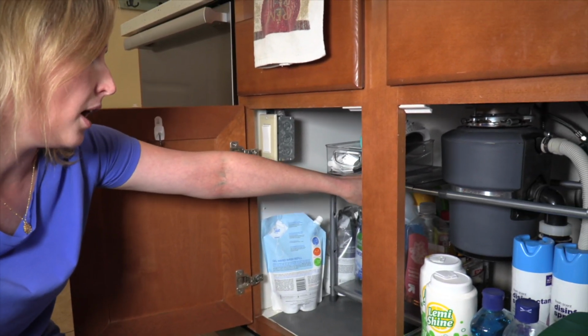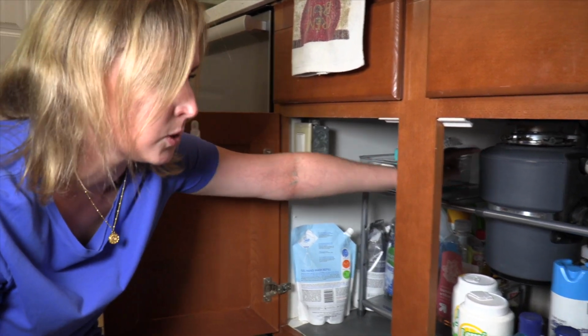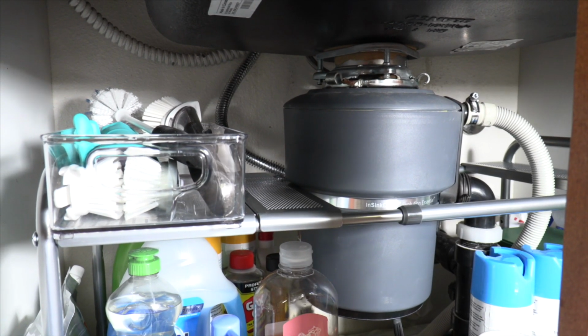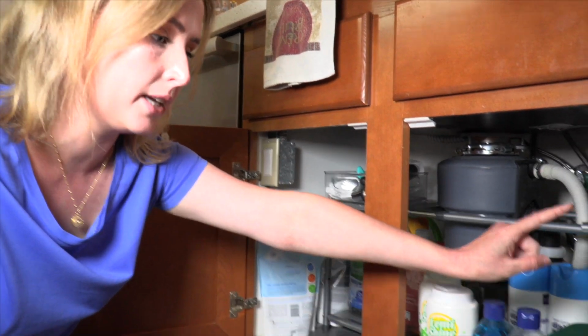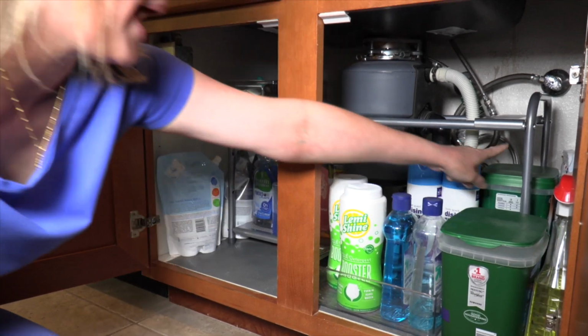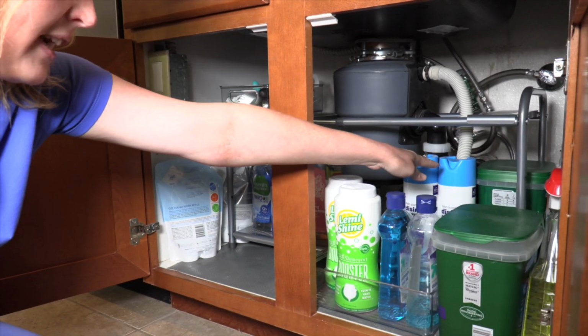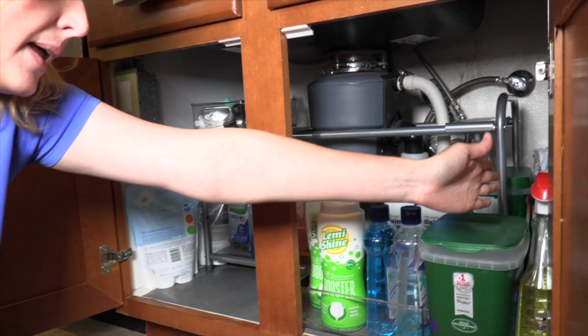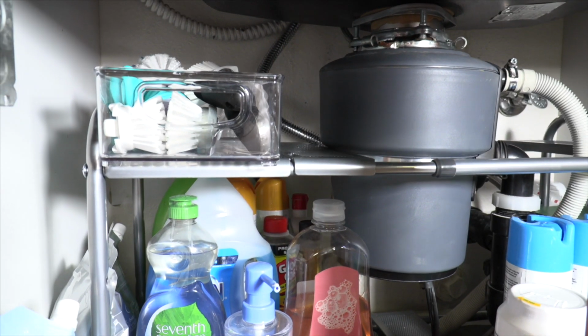under sink organizer that is meant to accommodate a garbage disposal or piping that would typically be under a sink. I have it to where I have my commonly used stuff over here. I have my dishwasher soap and then my backup right behind. And then I have these that I use all the time and my disinfectant sprays and then more sprays on the side there. On this side is more of the soap area,